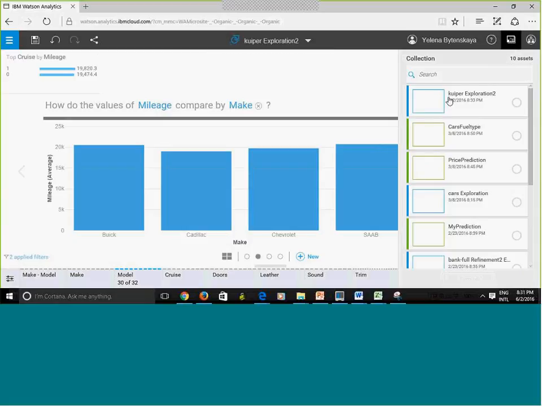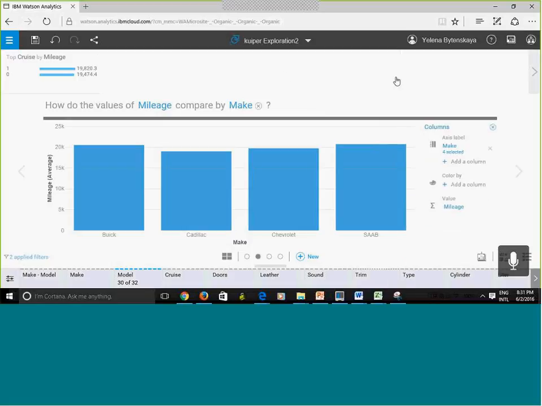So what I can do is save my visualizations to collection for later reuse, okay? I'm saving it here for later use, and I'll show you where you use it shortly. Alright, so to close out, you just click here. And another terminology that they use, they call it asset. Asset is a prediction or exploration.